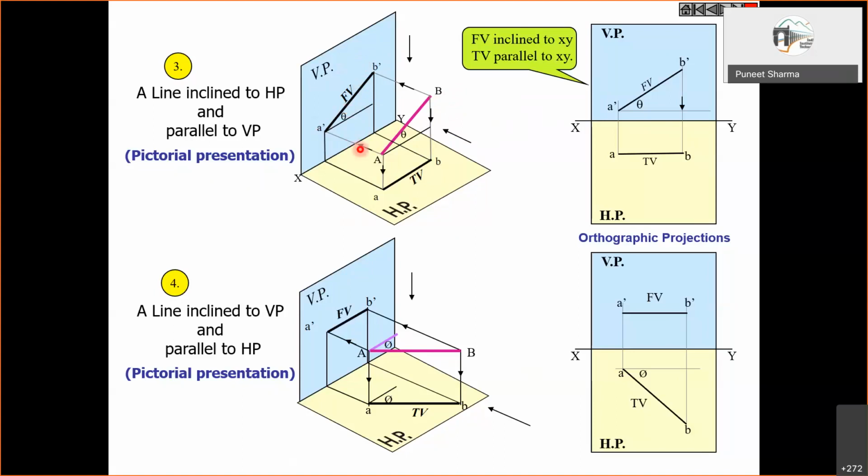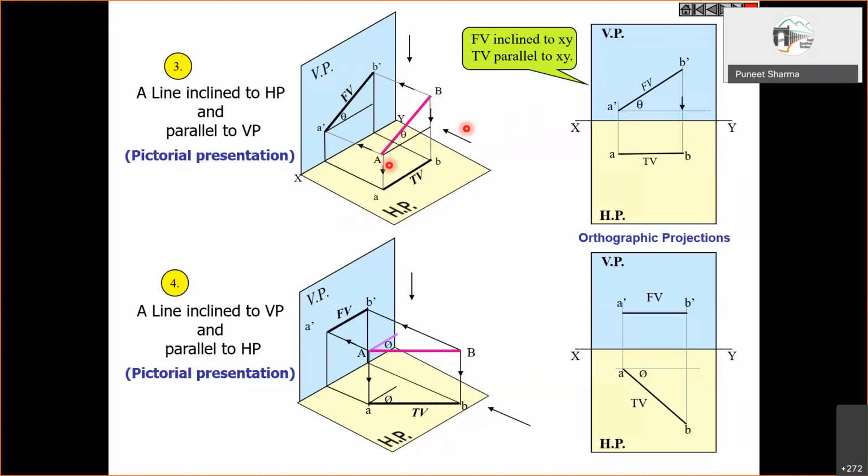That means when I move this capital B, keeping theta constant and A at its position, then B dash has to move along a line which is parallel to this XY. Okay, I'm repeating so that everyone is able to visualize. Many of you would have already understood it, but we should try to have a condition when everyone has visualized it in mind. So please pay attention to it and try to imagine it closely.